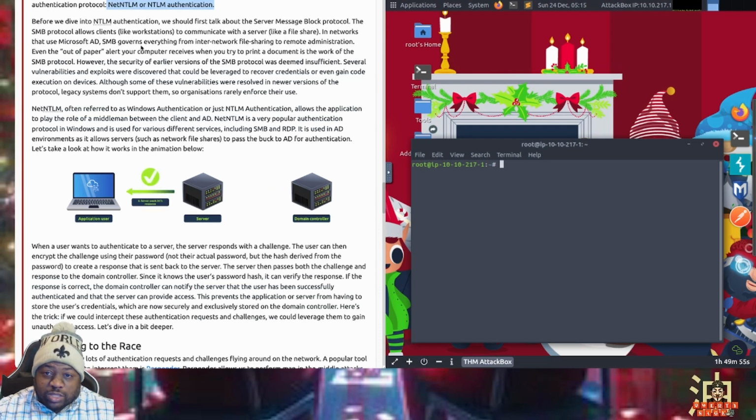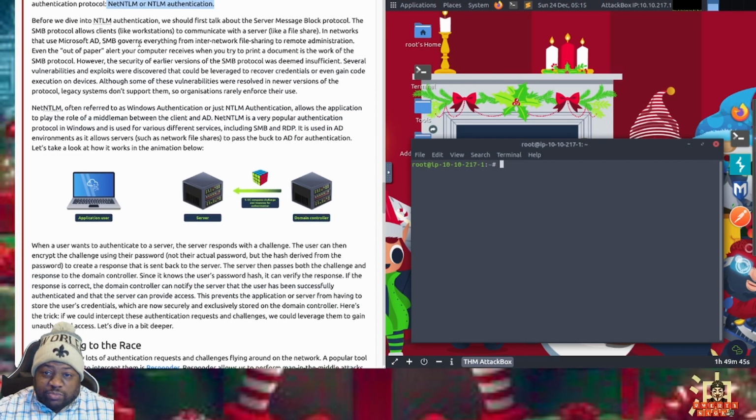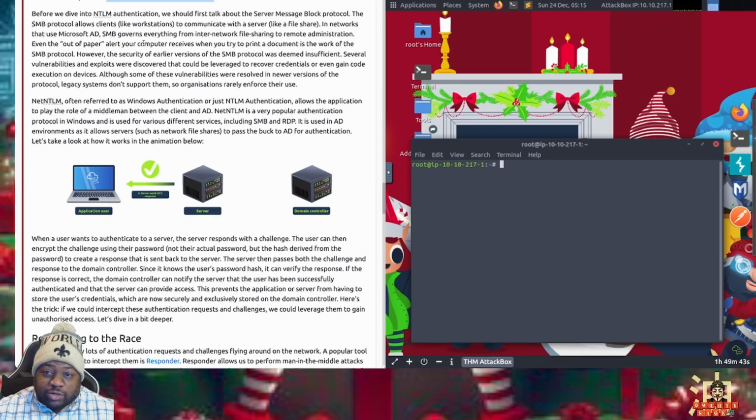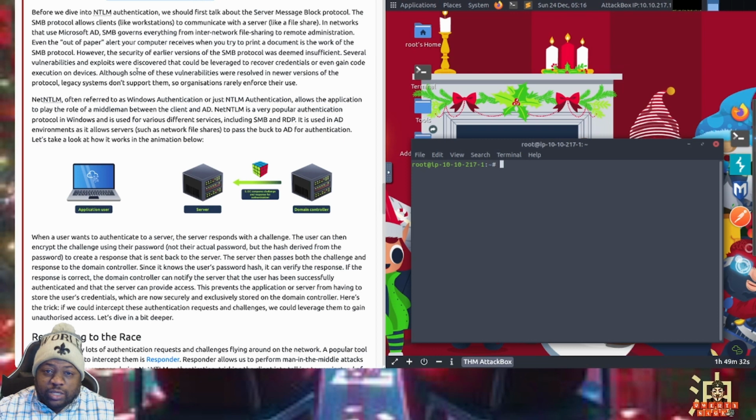It allows clients to communicate with a server like a file share. SMB stands for Server Message Block. SMB governs everything from interconnecting file shares to remote administration, even the out of paper alert your computer receives when you try to print. It's the work of SMB.